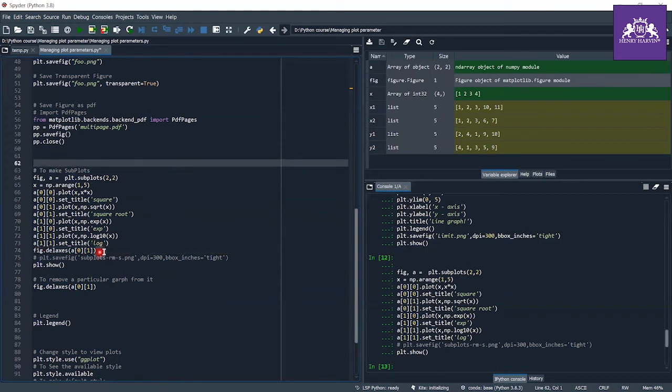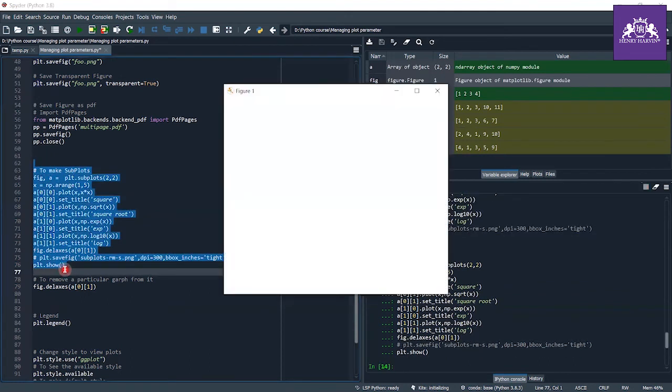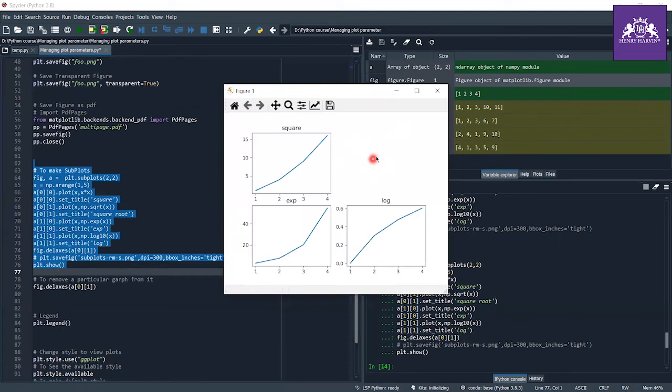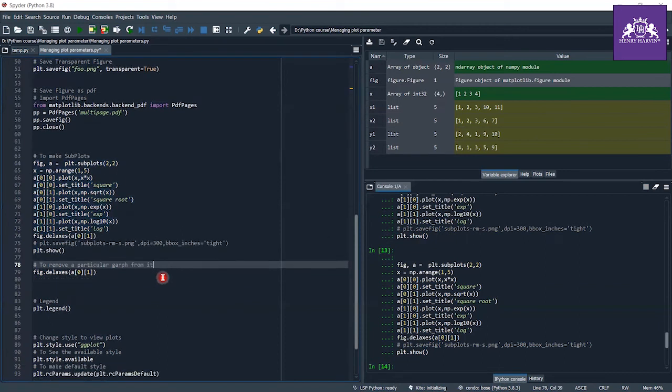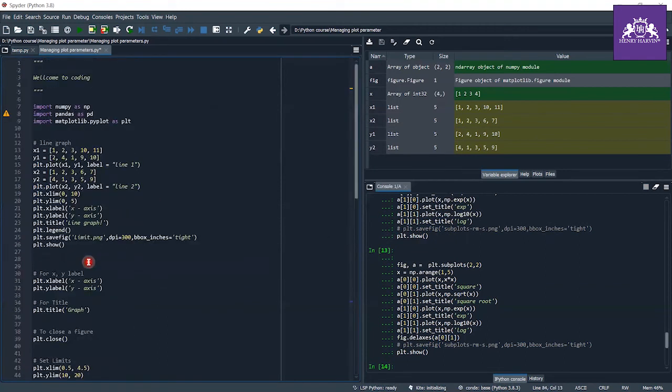For that, I write fig.delaxes and specify the name of that graph, which is a01. When I execute this, you can see I don't have this zeroth row first column graph here. So that's all for the subplots, and next comes the legend.